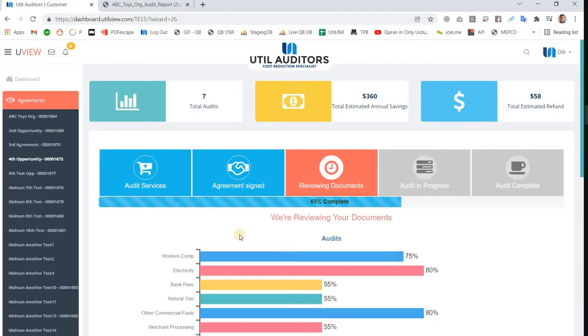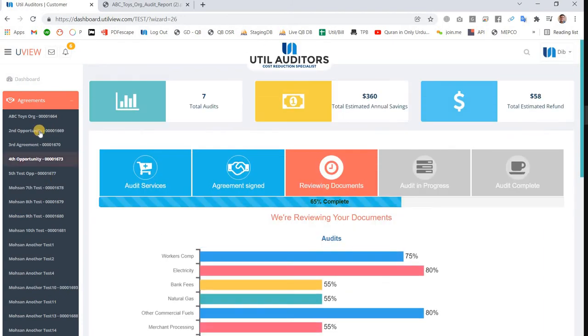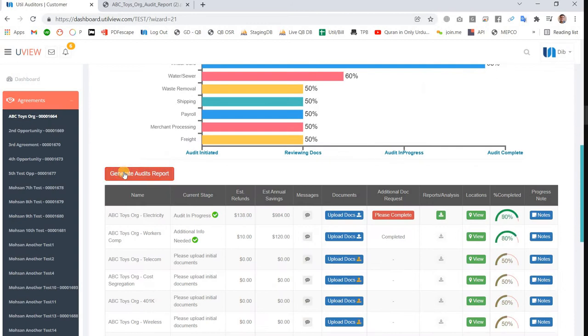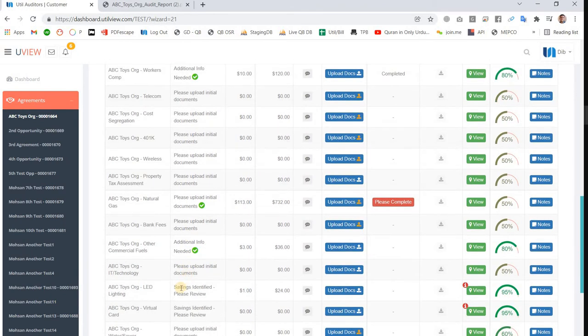Okay, sorry, these are still reviewing in progress. This button will not be available if all the audits under an agreement are in the reviewing stage or in progress. This will only appear when at least one audit has savings, or the status is savings identified or savings not available.